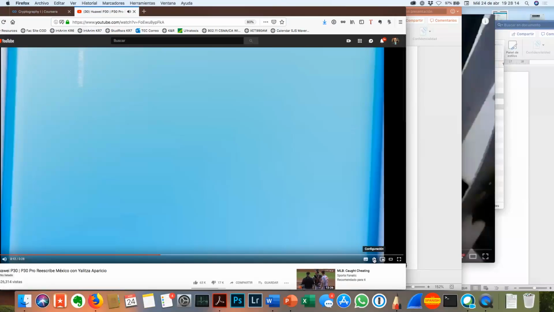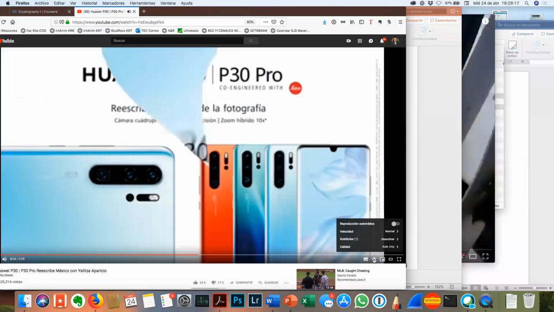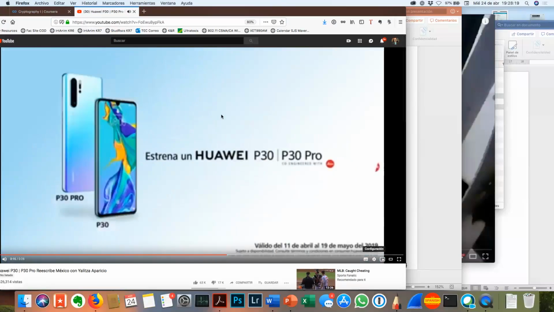Huawei P30 reescribe México. Queremos que estrenes doble. Por eso la